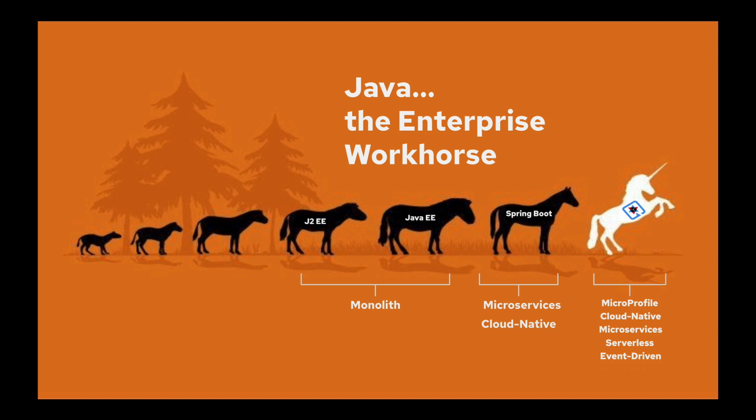And Quarkus has been introduced into the market as a project to solve a number of problems that Java has and has had in the past when it comes to resource utilization, and mainly things like CPU and memory. Java applications can be quite heavy on memory. They can take a long time to start up, in the tens of seconds, 20 seconds, maybe up to a minute,